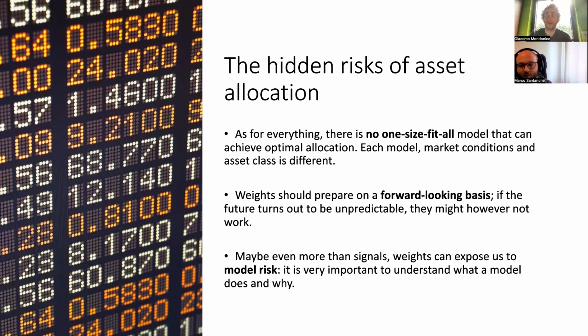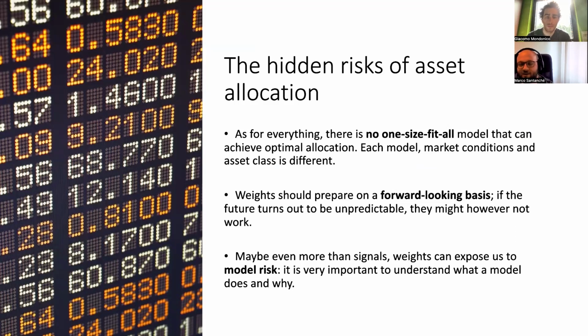So it could be that equal weights sometimes outperforms even some of the other models, which by itself doesn't make it a better model, because we know that equal weights is actually just naively allocating. And so it could be by chance that we have better returns or better risk-adjusted returns, but it doesn't make it a better model, so to say. And yeah, we can prepare on a forward-looking basis. So of course,